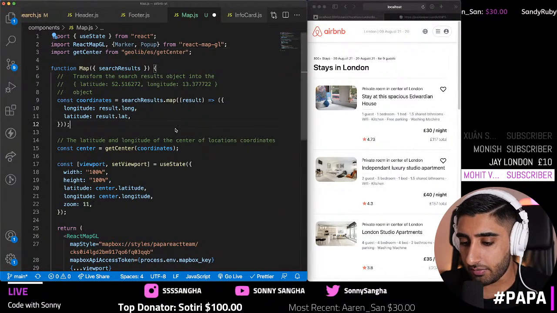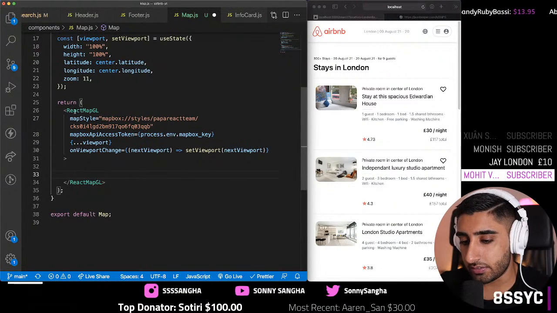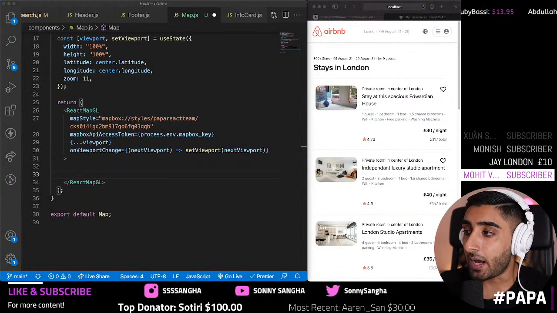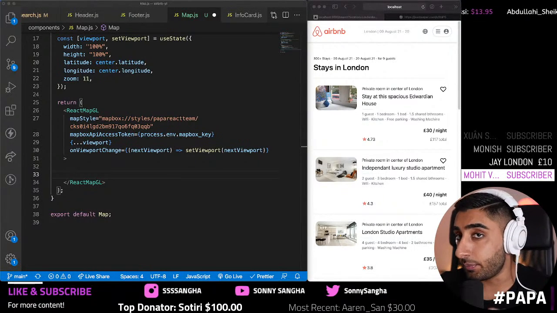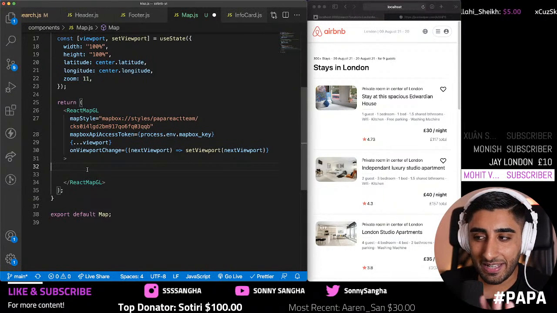So what we're going to do now is continue on. Inside of the React Map GL, which is our React map that we're rendering on the screen, I'm now going to have markers. So instead of rendering one marker, what I can do instead,